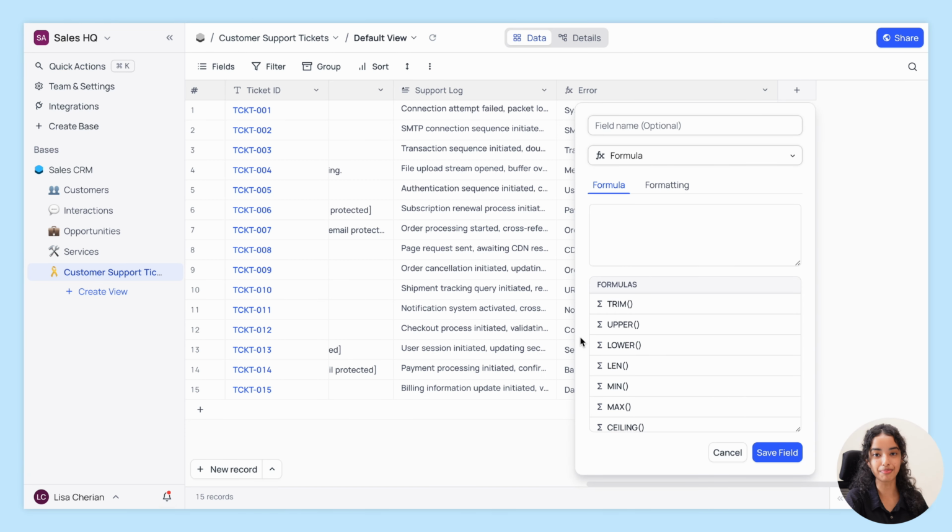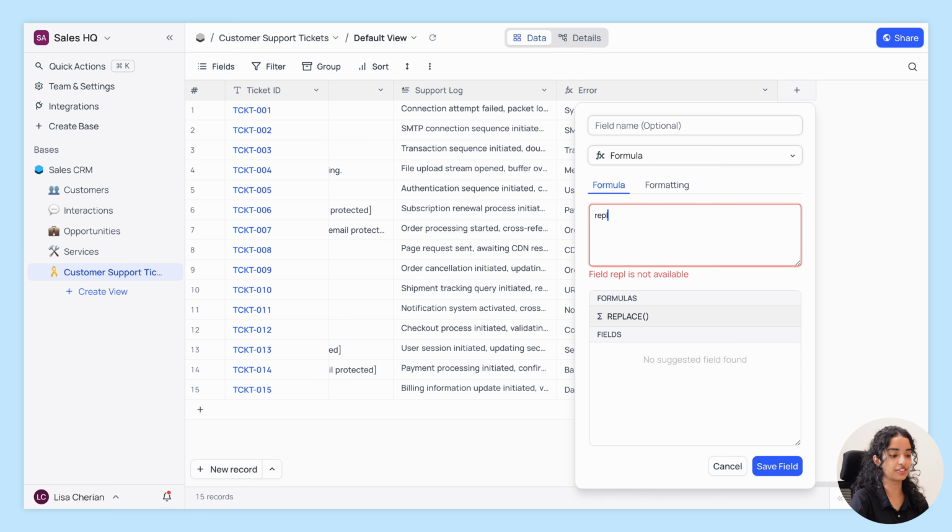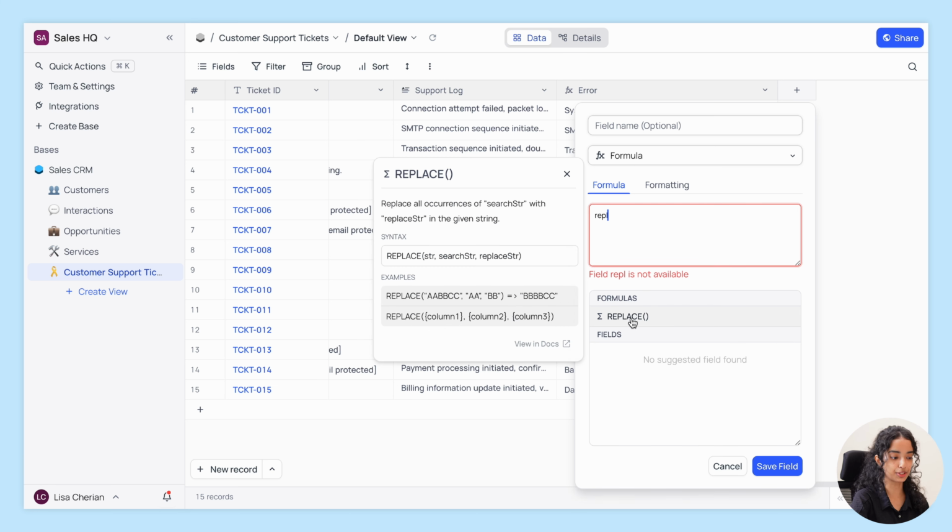And of course, we have many other string functions at your disposal, like lower for converting text to lowercase, upper for uppercase, and replace for basic text substitution. The possibilities are endless. That's a quick tour of string functions in